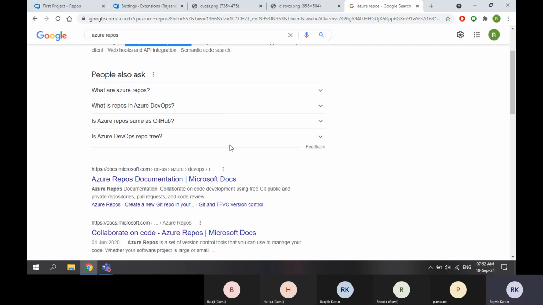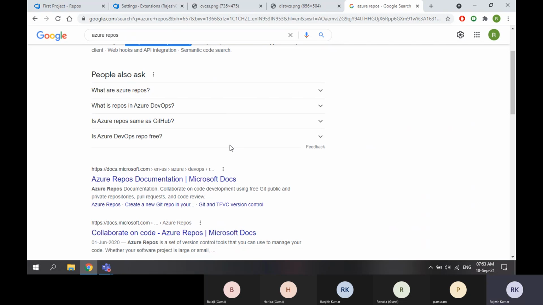GitHub uses Git as a version control tool. Not only GitHub, but Azure Repos and Bitbucket also use Git. Git is a distributed version control system. TFVC, Team Foundation Version Control, is a centralized version control system.